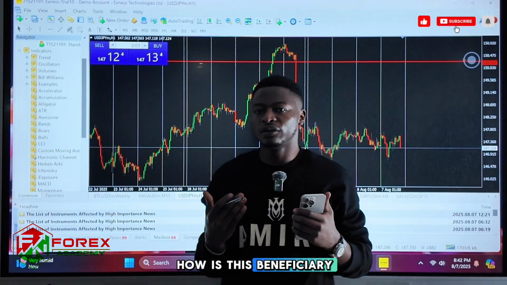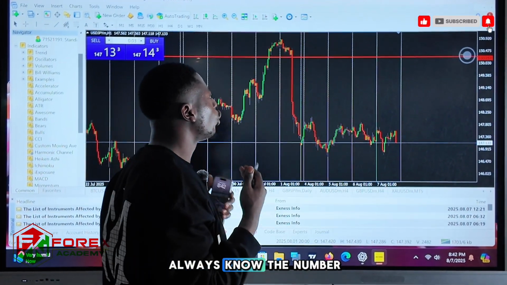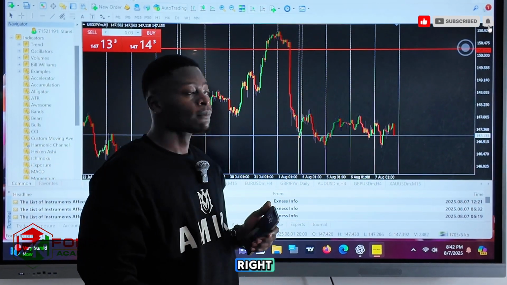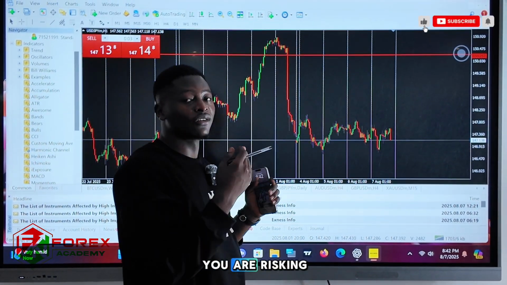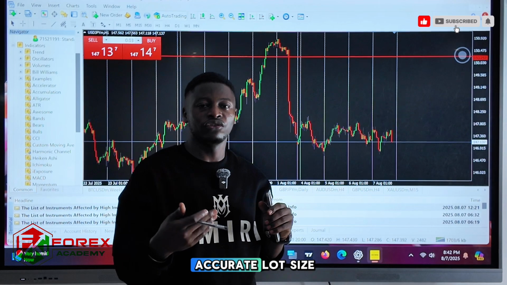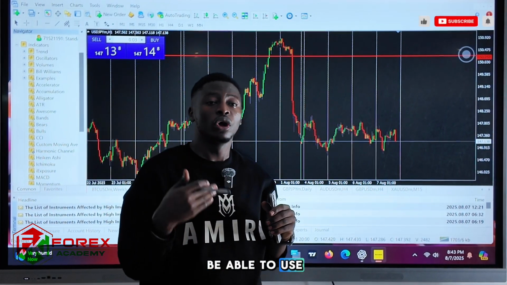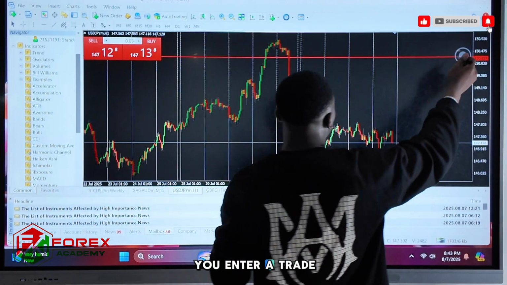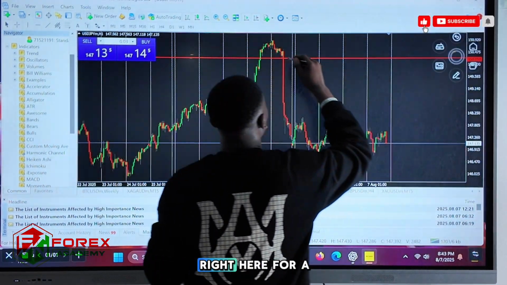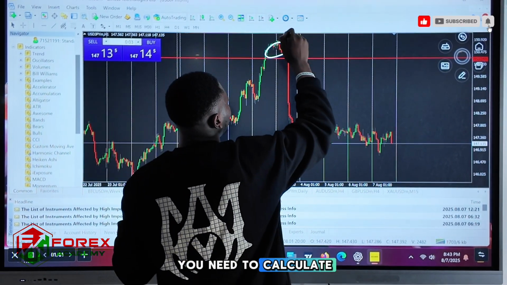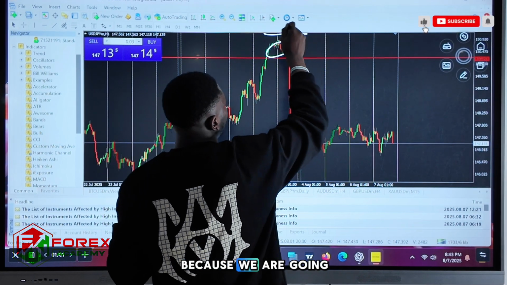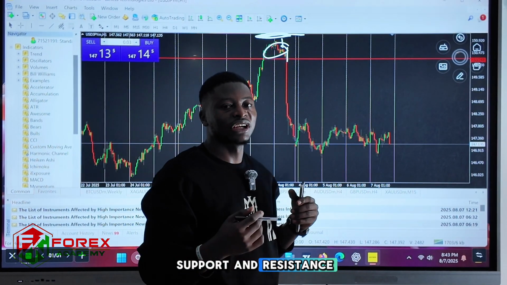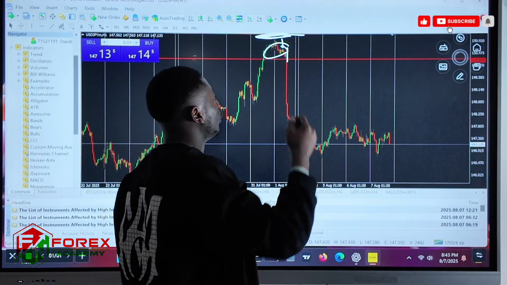How is this beneficial? It is important for you to always know the number of pips you are targeting versus the number of pips you are risking, right? Because if you don't know the number of pips you are risking, you will not be able to get an accurate lot size, or you will not be able to use proper risk management. Whenever you enter your trade, let's take for example, you enter a trade right here for a sell, you need to calculate the number of pips of your stop loss, because we are going to put our stop loss definitely above here, right? Based on maybe our support and resistance or our trend line trading strategy,